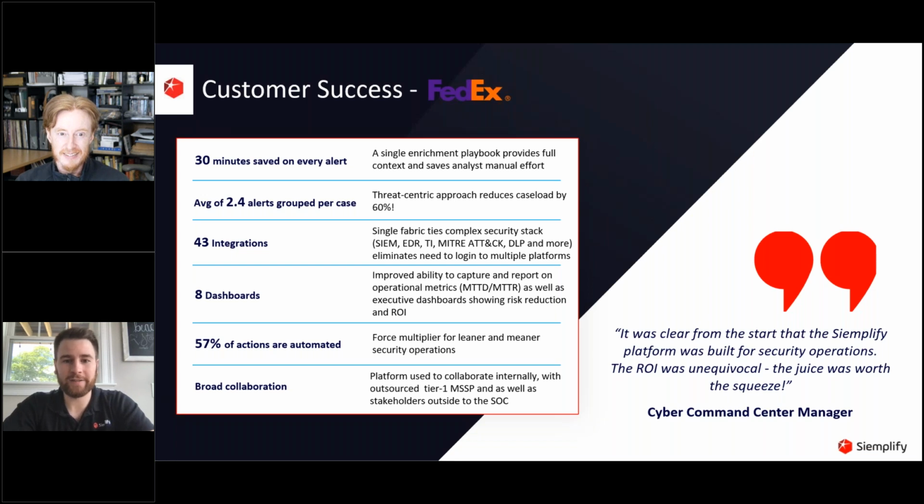And as you can imagine, FedEx has a very broad technology stack. They integrate over 40 products into Simplify, including SIM, EDR, TIP, and they even integrate the MITRE ATT&CK framework, which helps them understand and report on the actual attack vectors threatening them and identify any gaps in their security posture. FedEx relies heavily on Simplify for reporting as well, which includes both operational reporting, such as the reduction in mean time to detection or the mean time to response, as well as executive level dashboards that show risk reduction